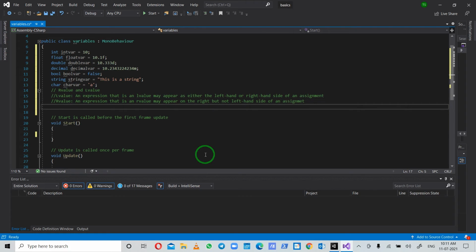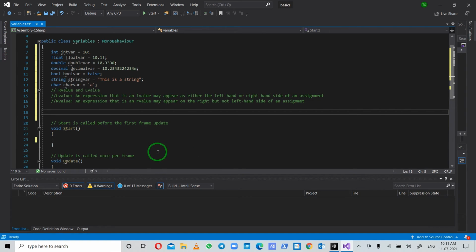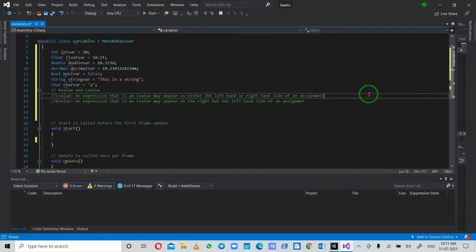Let me write an example for it also. Examples: variables are basically L values, and an example for an R value is any numeric literal.